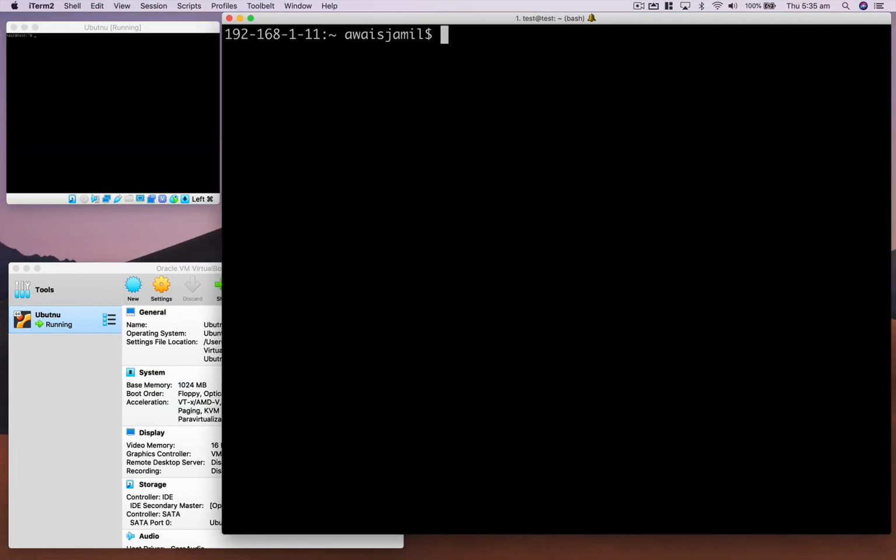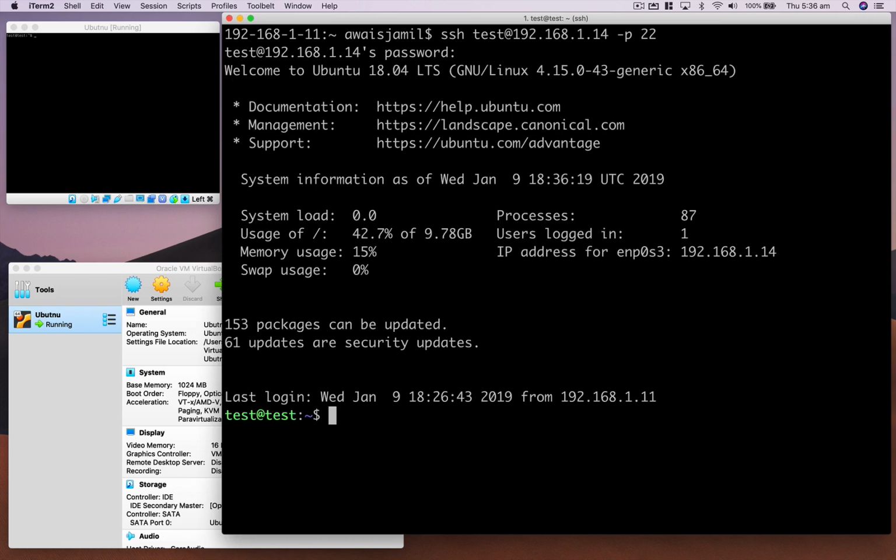Now let's go and connect. Let's connect through SSH to our server. I'll type SSH, a username which is test at 192.168.1.14, and then -p, port is 22. Press enter, and then it's going to ask you what is the password for that. I'll type test. Now as you can see, it has successfully logged into the server, and it's basically saying, hey,